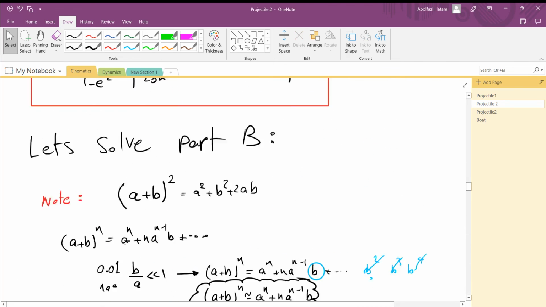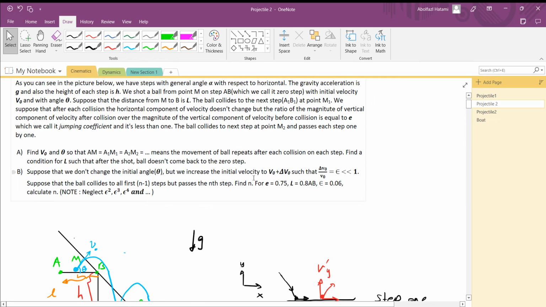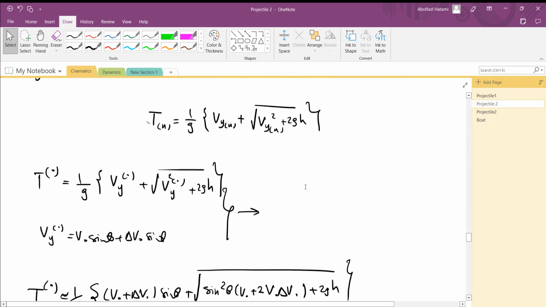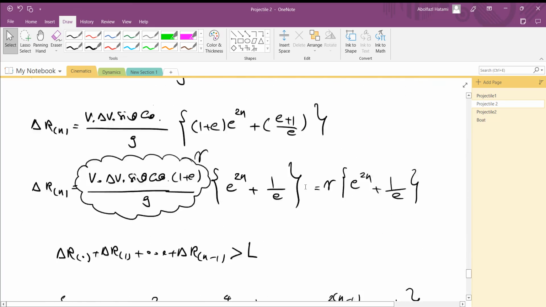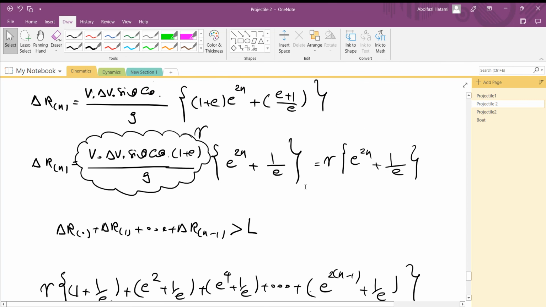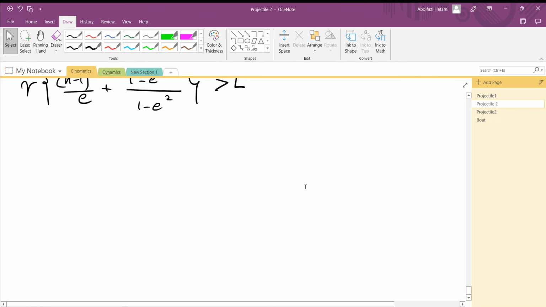But let me actually calculate this n for these parameters that the question tells us. If we have e, epsilon, and also L divided by AB. So here you can see that we should calculate gamma. Gamma was actually calculating